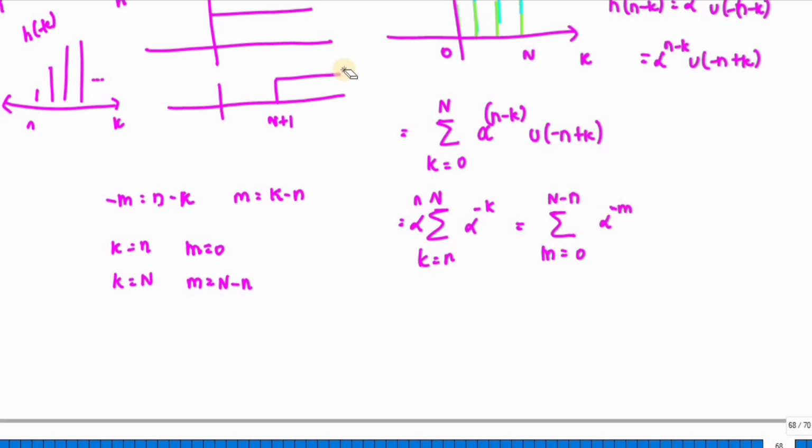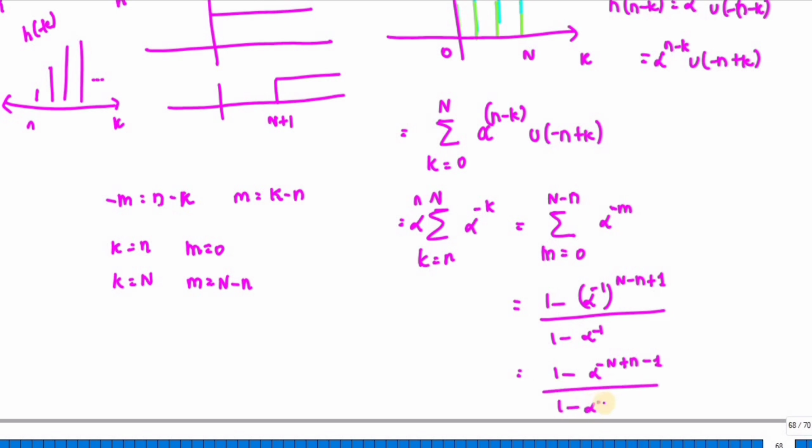So the formula for this one is 1 minus alpha power minus 1 to the power n minus n plus 1, over 1 minus alpha minus 1. So this limit plus 1 is your answer. So we'll get the answer as 1 minus alpha power minus n plus n minus 1 divided by 1 minus alpha minus 1. So here you can see